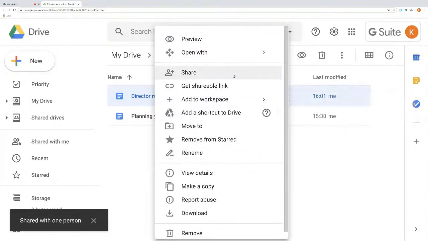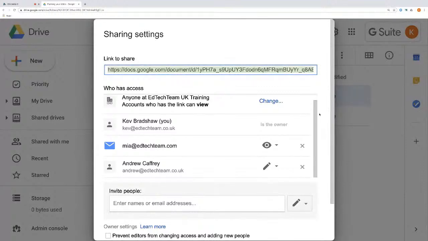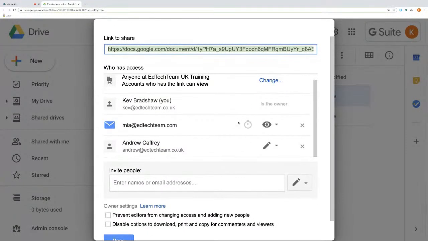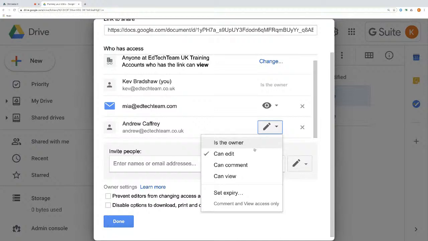Or if I right click on it and go to share again and go to the advanced, this gives me a breakdown of who has permission and what sort of restrictions they have. So for instance, Mia can only view them, and we put an expiry on it, and Andy has full editing access. I can set an expiry if I wish to.